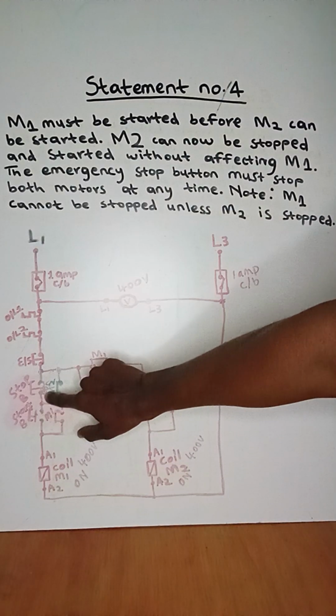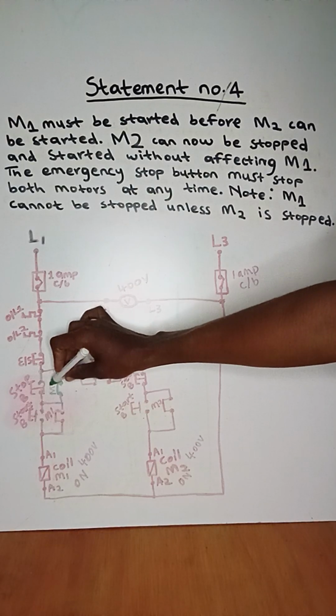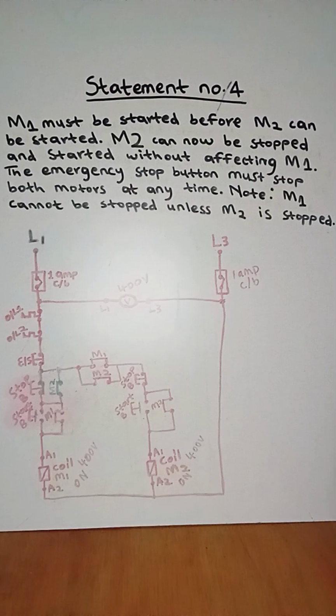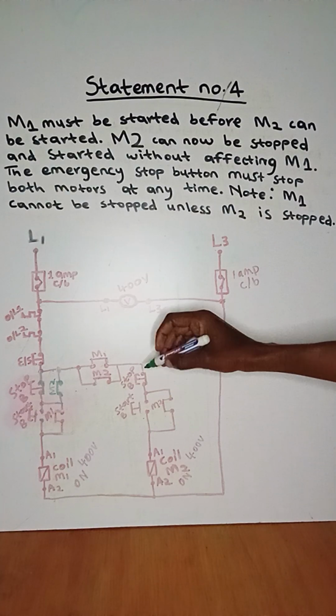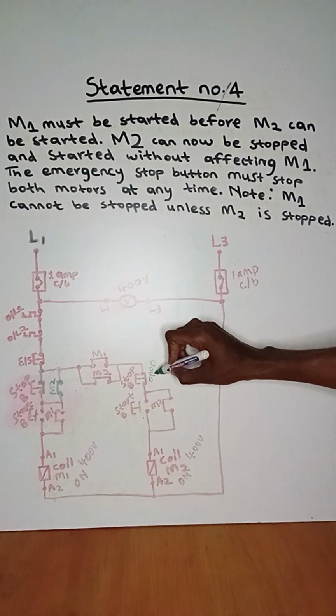Right, I'm letting go of the stop button, which means it will create a close contact again. Right, I'm testing the stop button of motor 2 to see if it will allow us to also press the stop button of motor 1 to de-energize its coil. Right, the stop button of motor 2 is here. I'm pressing the stop button of motor 2. It creates open contact,